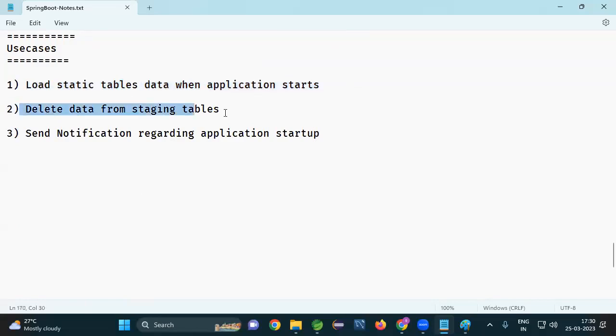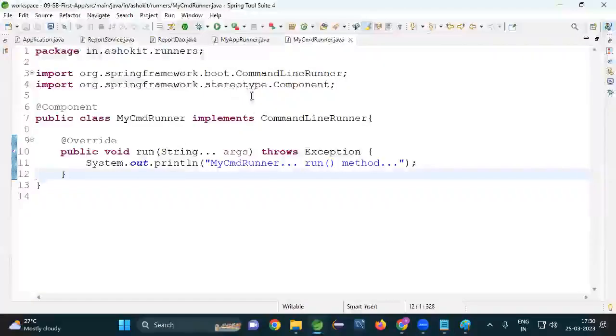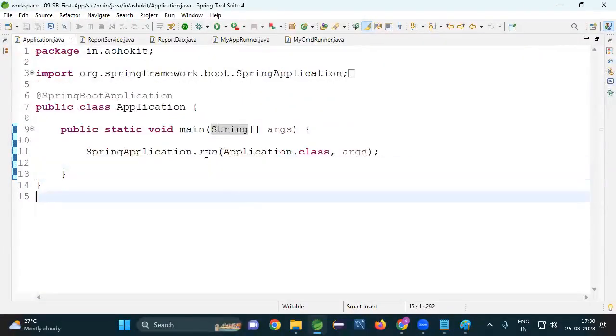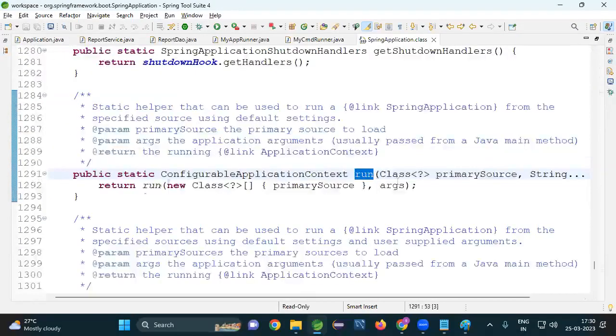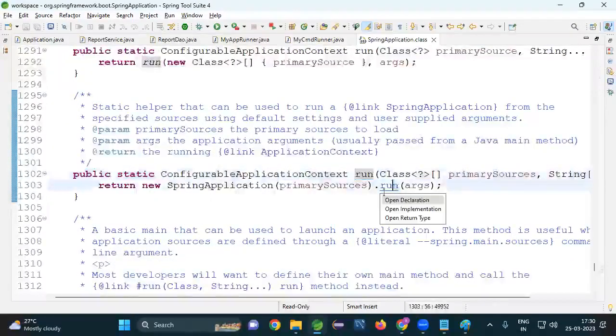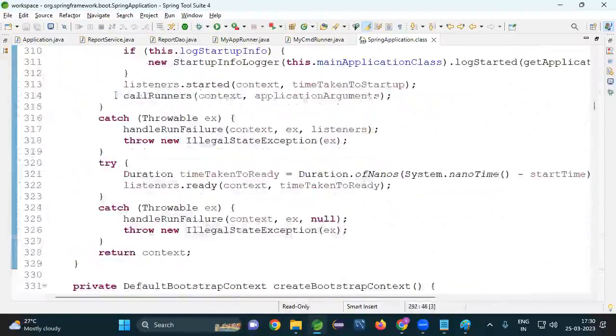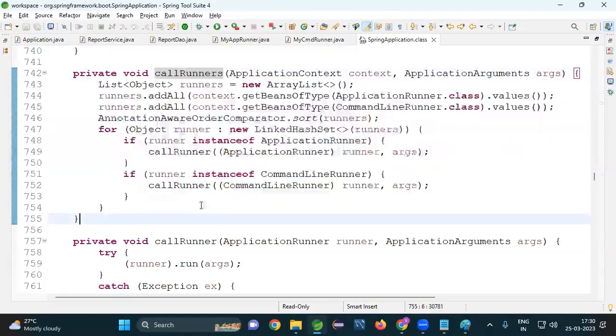Delete data from staging tables. Send a notification regarding application startup. How are the runners getting called? Go to the run method, and inside this run method there is a method called callRunners. When you click on callRunners, what are they doing? In our project, how many runners are